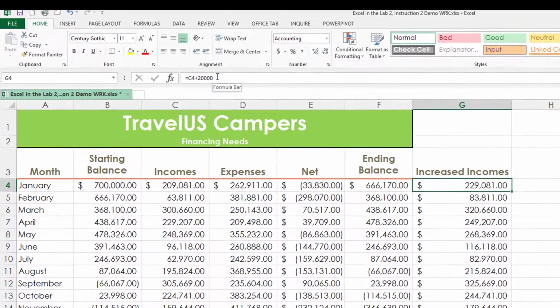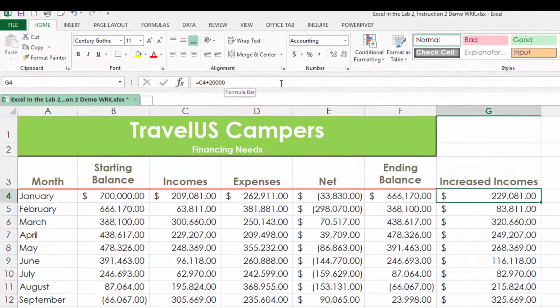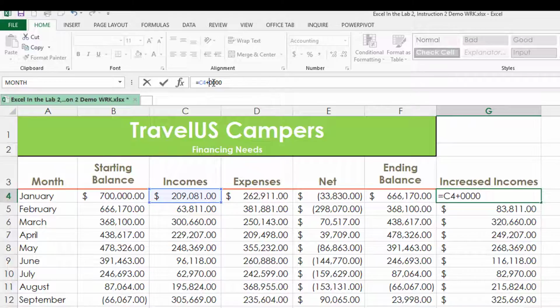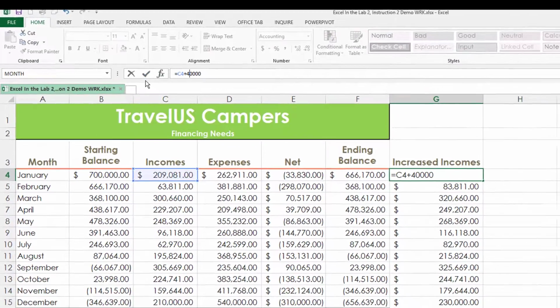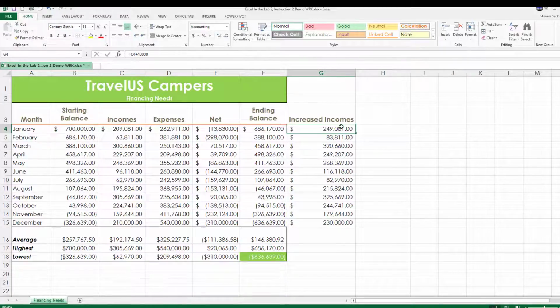Look at that in the formula bar. I had added $20,000. That's not working. So I'm going to have to add $40,000 to each income. Remember, the instructions for this homework said do it $20,000 at a time until it works. So I'm going to change this $20,000 to $40,000, and that produces a higher increased income here, but now